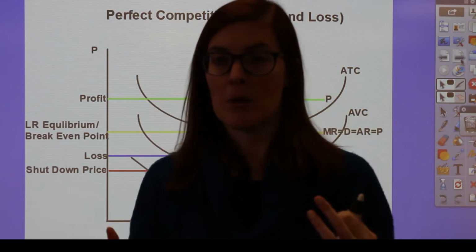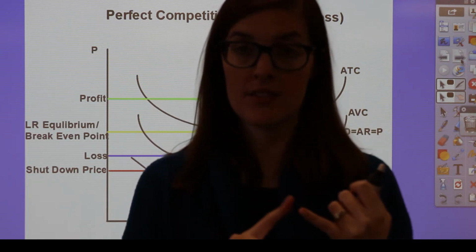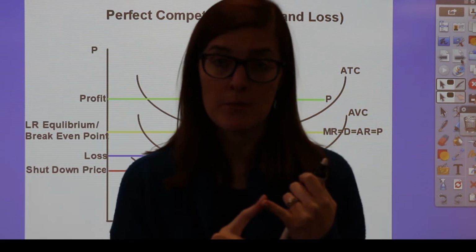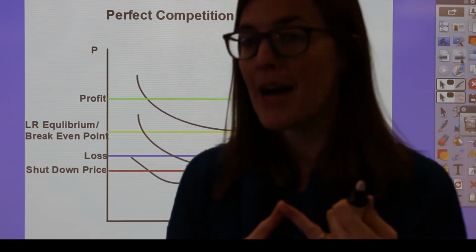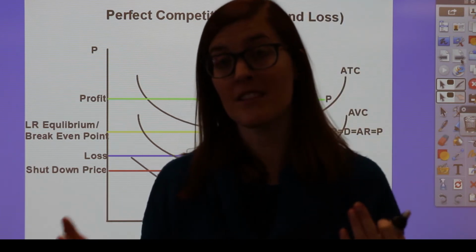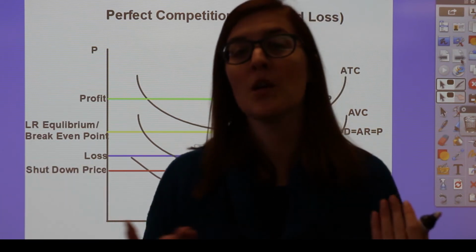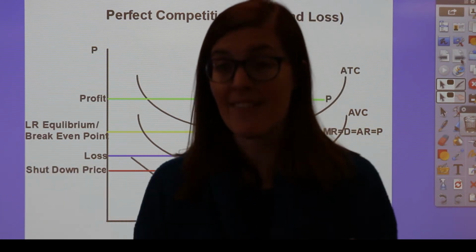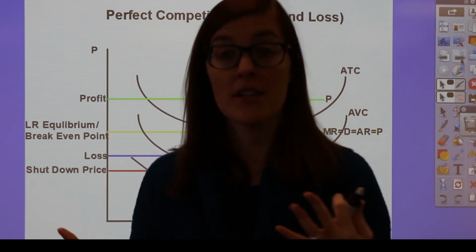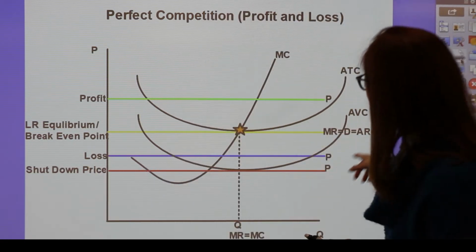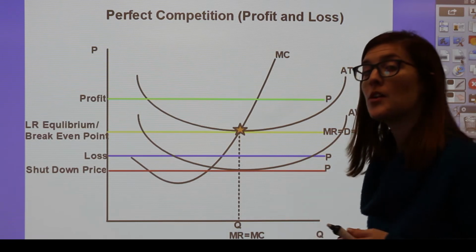And in this market, there are tons of sellers, so they have no individual control over the price. There's also tons of buyers, consumers as well, who are price takers. They don't have a say in whether or not they pay a higher or lower price. So since they have to take whatever price the market determines, our price is also equal to our demand in